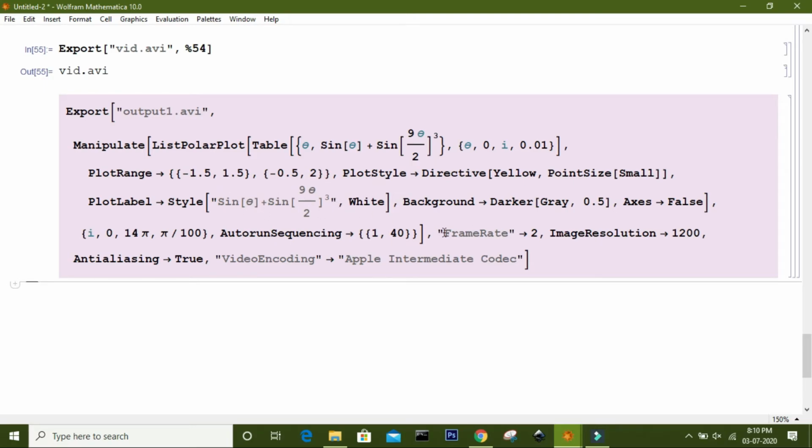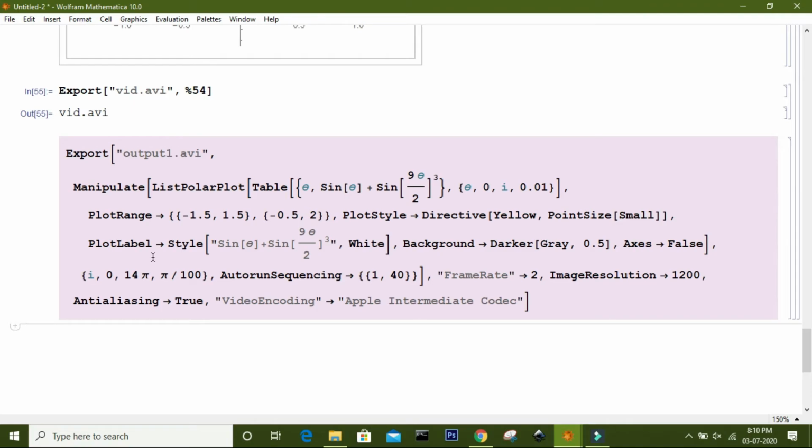Everything is similar, so I just add a plot label to show the function that I plot, and I set the background to black. I want a plot on a black background, so I set the plot label in white, and I do not want to show the axes, so I made it false.